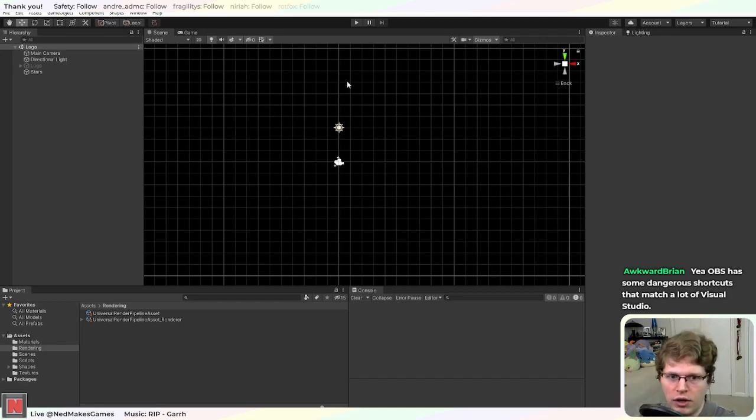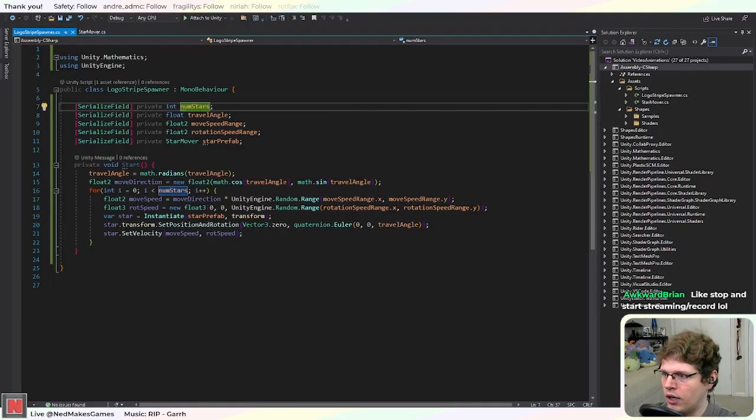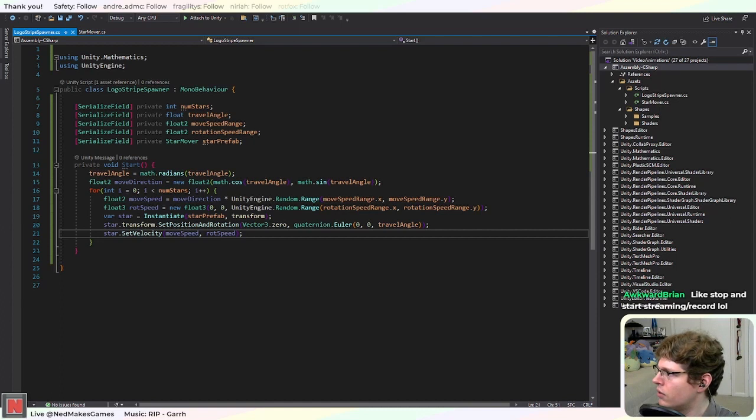OBS has some shortcuts that match a lot of Visual Studio. Oh, maybe that's it. I was saving the file. Yeah, I thought I'd turn those off, but I guess I'll check again later. Don't know if I can do it easily on stream. I'm just going to open the settings. I don't know if there's anything important. Yeah. I'll just definitely check later. Anyway,